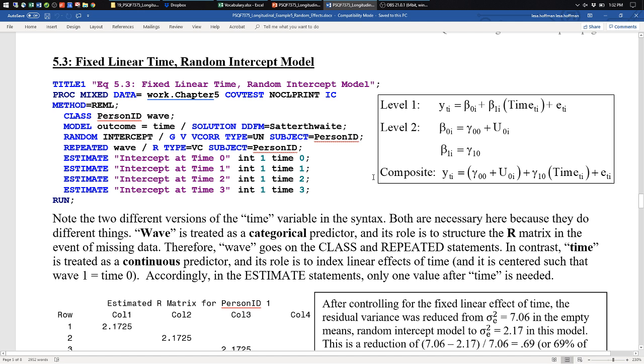So I'm at equation 5.3. Level 1 model now has a new term in it, beta 1. That is a placeholder for how each person is going to get a linear time slope. So beta 1i for each person, time gets a TI because it's per time per individual. More generally, any variable that shows up in this level 1 equation gets a TI. If it's a variable that doesn't vary over time, it doesn't go there. It goes in level 2 instead.